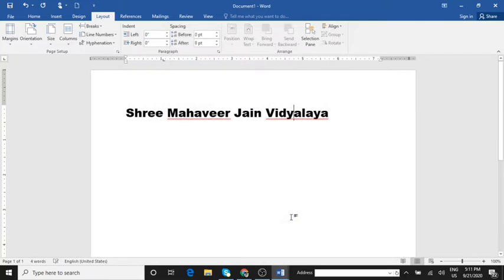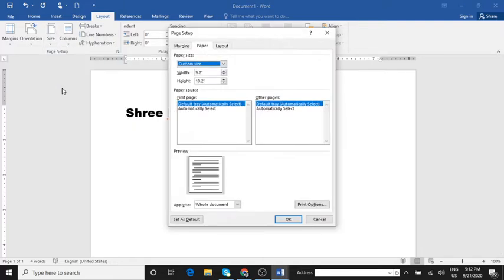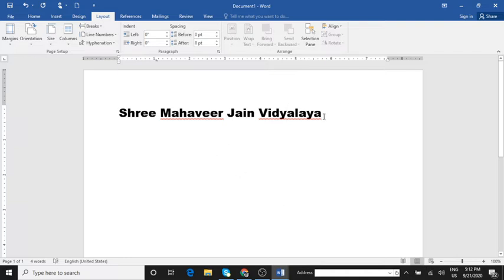This is how you are supposed to change the size. Then click on OK, and that size will be applied.